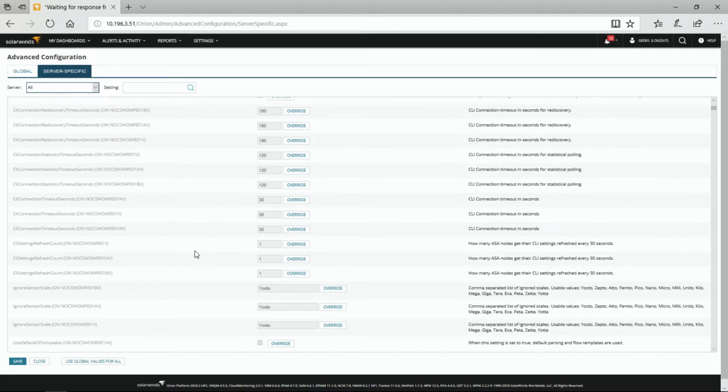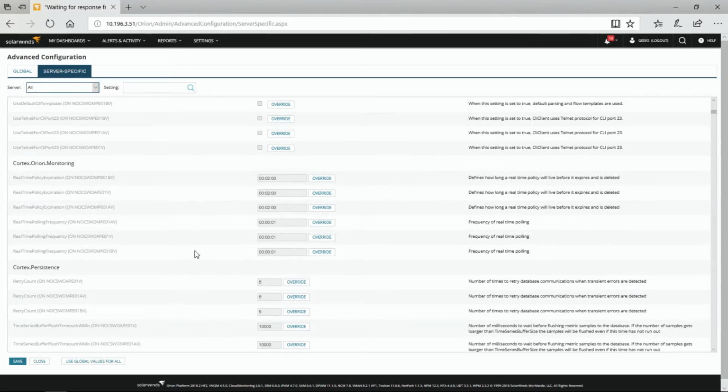Now, the cool thing about that is when you're doing that, you can also look at the different Cortex monitorings. You can look at how the real-time policies expire, when things are coming across. So you literally can have your tweaked little polling engines do multiple different things for you so that you're not having to tweak your database because of the timeouts, like earlier when we were talking about SNMP timeouts and things of that nature. I can specifically say this one's going to be slower because it has a different medium that the information is coming through. By doing that, I'm making a change here instead of trying to tweak or try to throw memory.